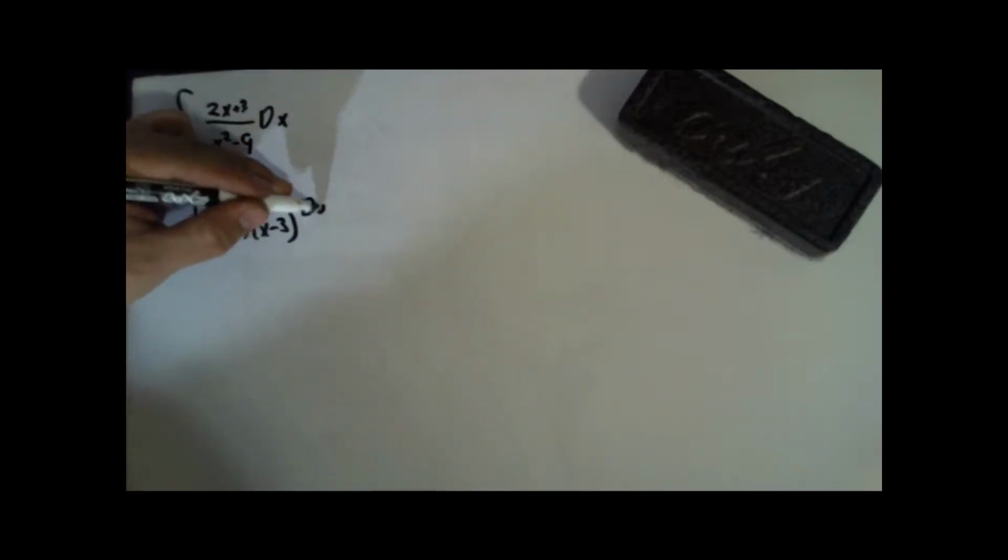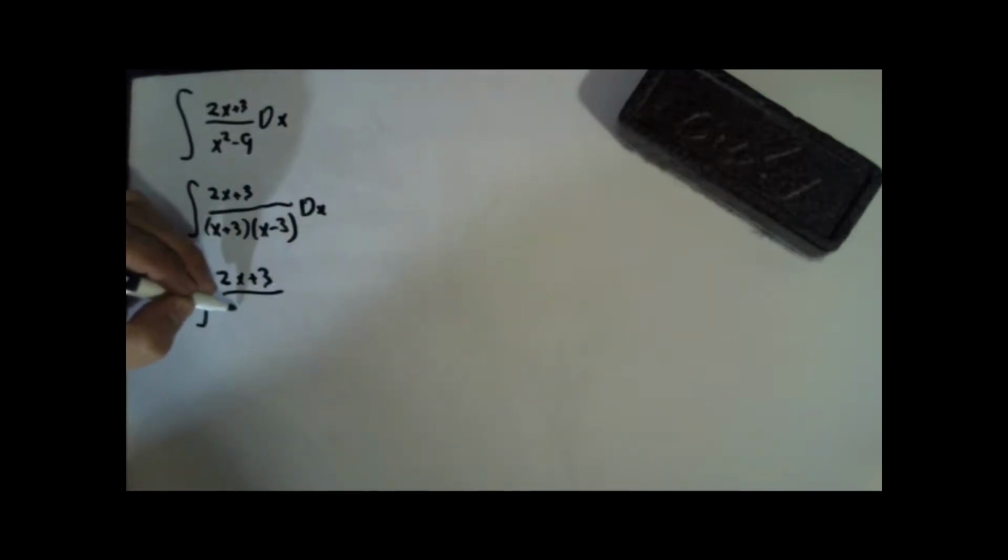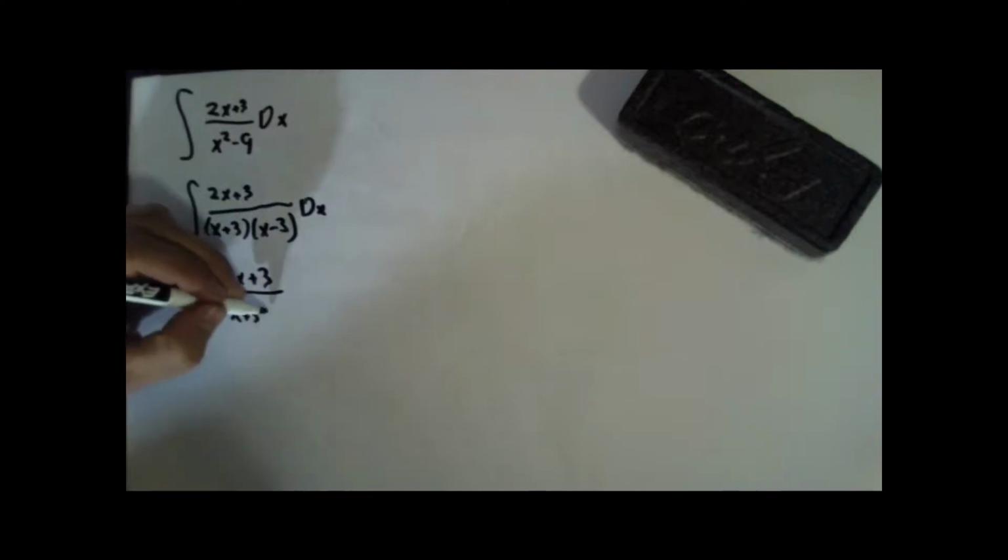So 2x plus 3, and then this will factor out to x plus 3 and x minus 3. And then I should add my differential on the end. Now, what do I do here? My next step is to kind of make a generic statement about this. And what I want to do is say x plus 3, x minus 3, I kind of want to say, well, this sort of equals,